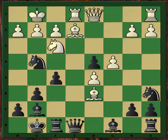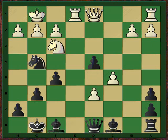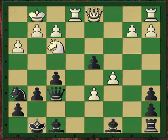I mean, it's possible to play f5, sacrificing the rook on f8, but after c5, queen d8, bishop takes on a6, b takes on a6, bishop takes, and d6, white is in control again. The material is minimum. He has a rook for two minor pieces, and these two strong pawns on c5 and d6. Queen f6, h3, the knight has to go to a6, queen takes d4,